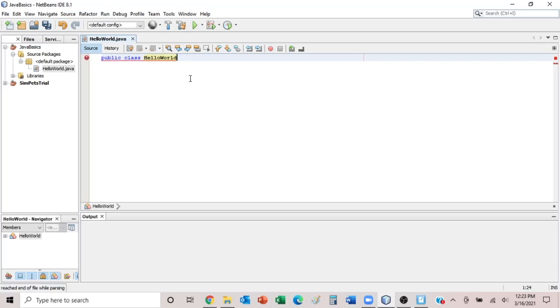This is just the name of the class. .java is included in the name of the file. We're going to hit enter, open a curly bracket, and when we hit enter again, NetBeans automatically closes the curly bracket. Now, if you notice, as I was typing, there were things being highlighted in red. That just means that there's an error, but a lot of times the errors will be